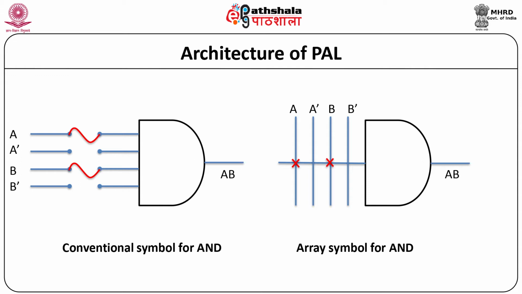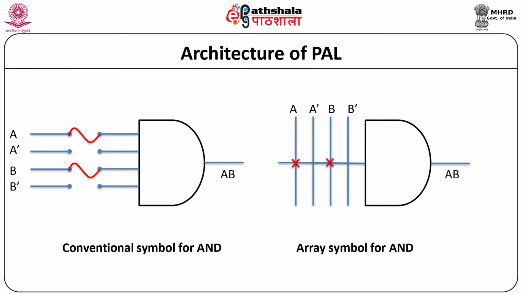In the schematic, in place of showing a multiple input AND gate, an array symbol of the AND gate with a horizontal line is preferred. The figure indicates a multiple input AND gate with the presence of fuse links for some of the inputs and the absence of fuse links for other inputs. The presence of a fuse link at the input of the AND gate indicates the presence of that input variable in the product term. The array symbol indicates the fuse links for the selected inputs. The array symbol of the AND gate reduces the complexity of design.